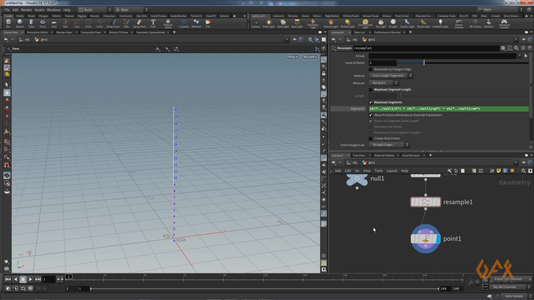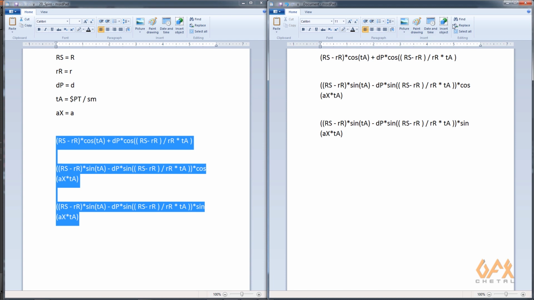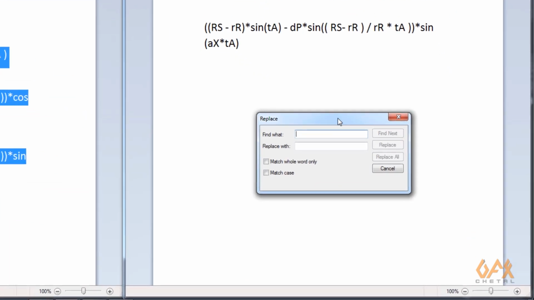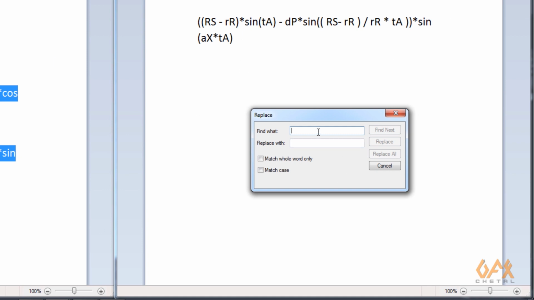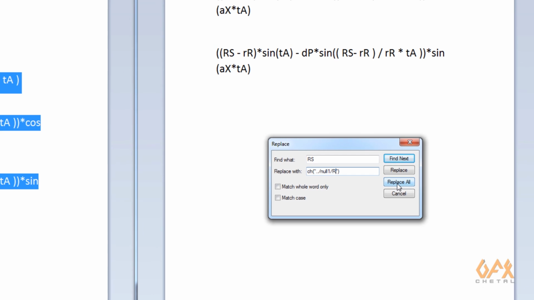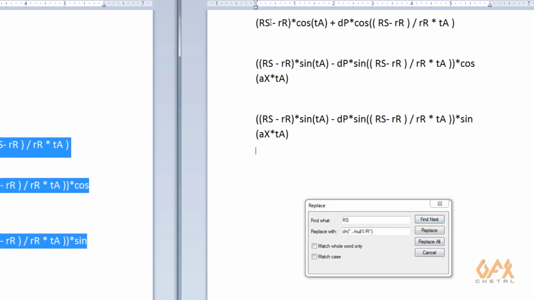Again go to WordPad, and here I click and go to replace. See over here replace, and first of all I set capital RS and paste it, and here I replace that with capital R, because the identified name of this parameter is R, and I replace all. So this RS is replaced with this function.